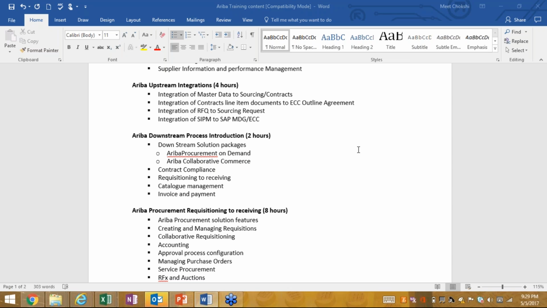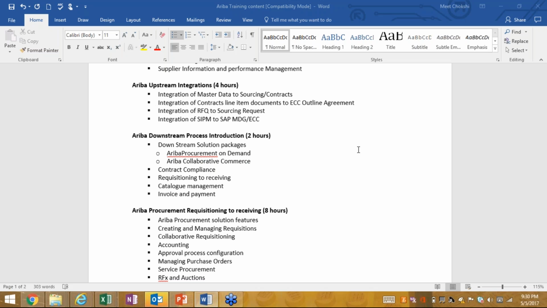So I would float an RFI, and then I can filter out my suppliers in the first round, like 10 suppliers, right? And then I can float an RFP to like 5 suppliers, and then I can award my sourcing project to like 2 suppliers, right? Getting all the suppliers listed and filtering them out is all done within Ariba. So that is one part. Contract authoring is another part, right? Cataloging and automatic electronic invoicing, all that is Ariba.